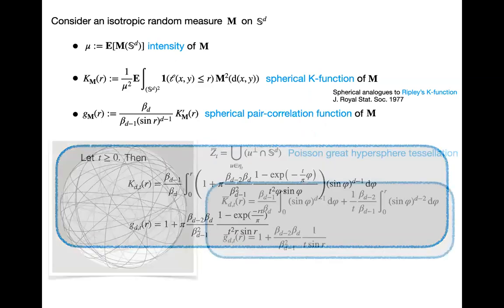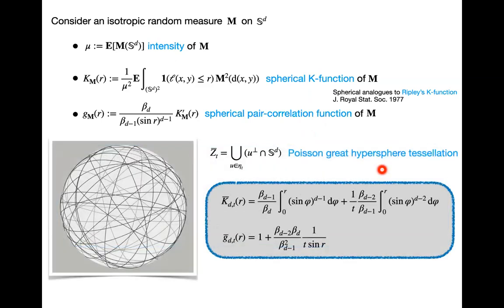But you can do the same also for the Poisson great hypersphere tessellation. You can compute explicitly the spherical K function and its derivative, the spherical pair correlation function. And this also has a nice interpretation. The interpretation is as follows. Those of you who know Slivnyak-Mecke's theorem for Poisson point processes should not be surprised that there are two terms coming from two different